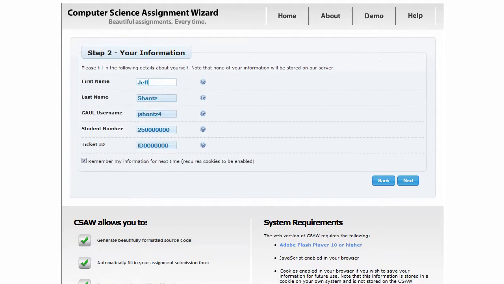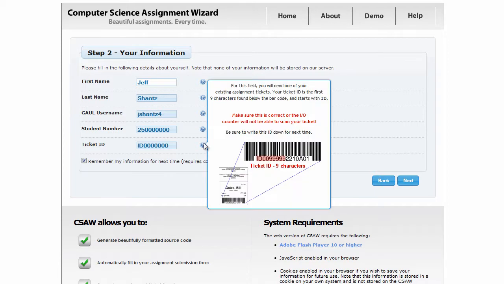Next, you'll be asked for some basic details about yourself. The information for which you are prompted will depend on what you chose to generate in the first step. You will need to enter your first and last names, and possibly your username and student number. If you chose to generate an assignment ticket, you will need to enter your ticket ID. This is a 9-character value beginning with the letters ID, which can be found below the barcode on one of